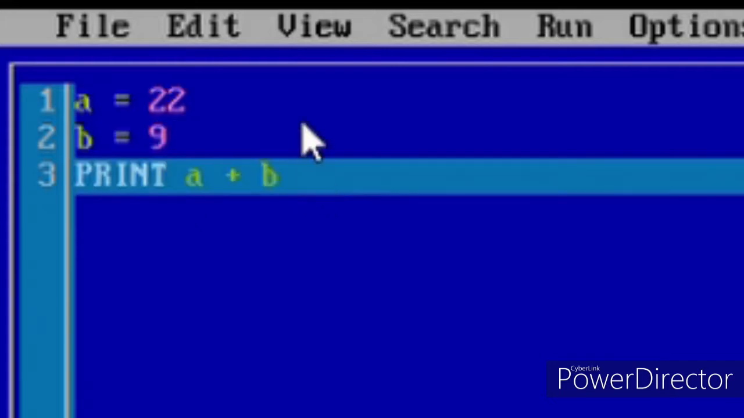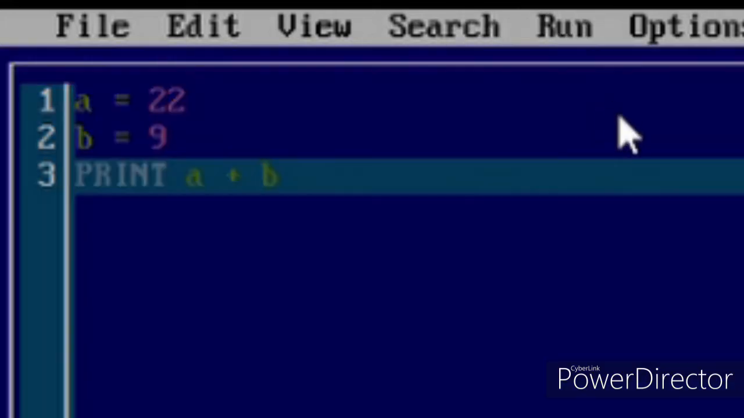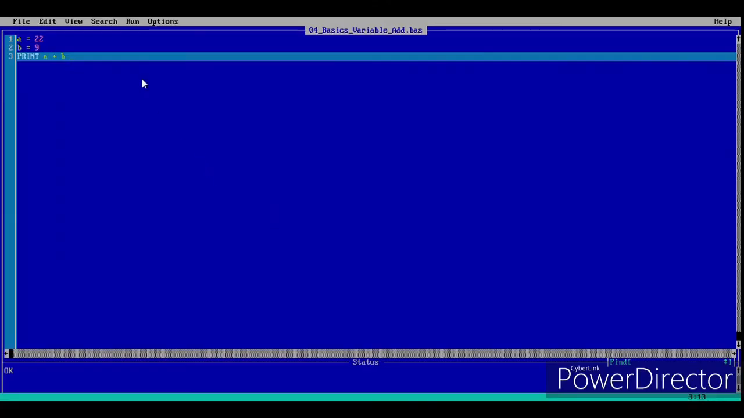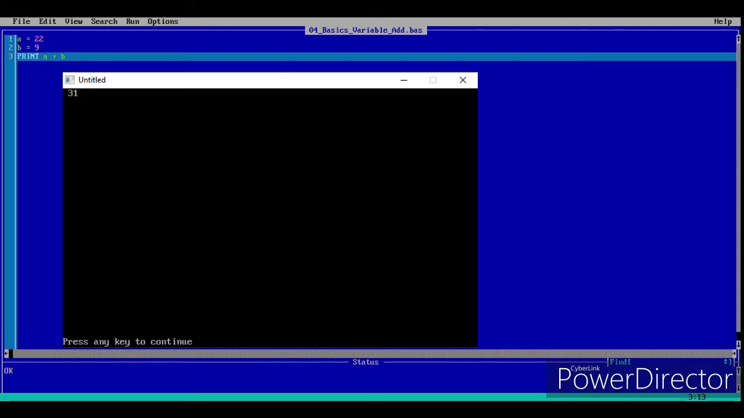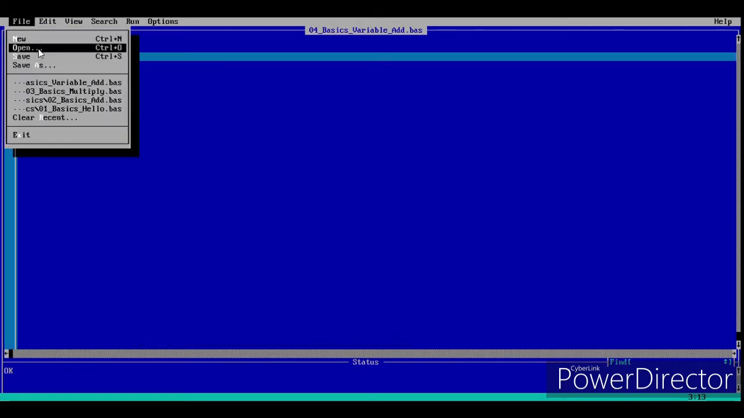So I'm going to give run and start. You can either give run and start or F5 on your keyboard. So it's going to give 31. The answer is 31. So in the next one,